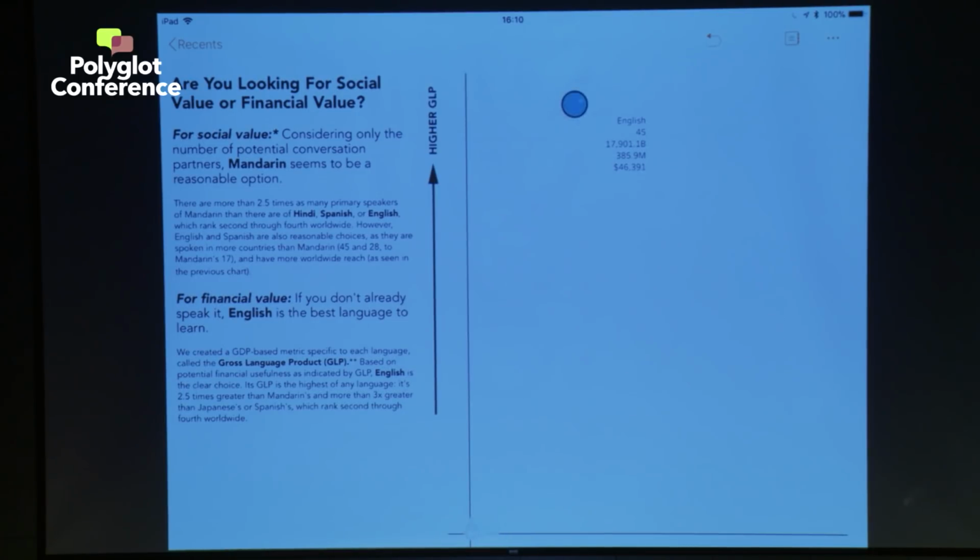But of course, English jumps out. It's got that higher influence in terms of financial decisions that people make. It's got good coverage there. Rich countries tend to use it. Whereas Mandarin, on the other hand, has more speakers, but the GDP for those speakers averages 5,680 compared to 46,391. So that's an interesting piece of information to take into account. You would want to have the best combination of the two.